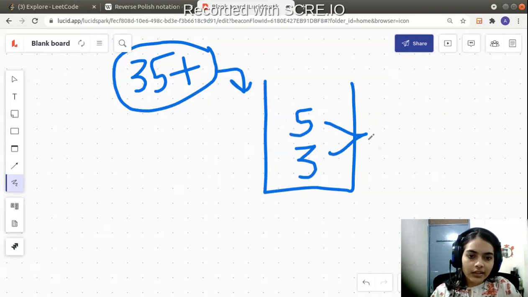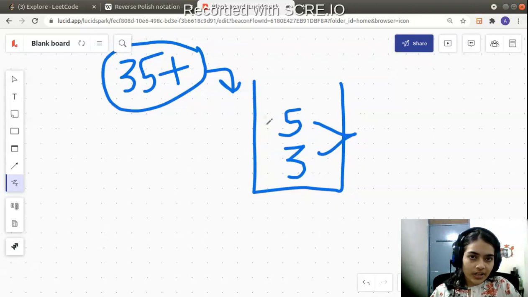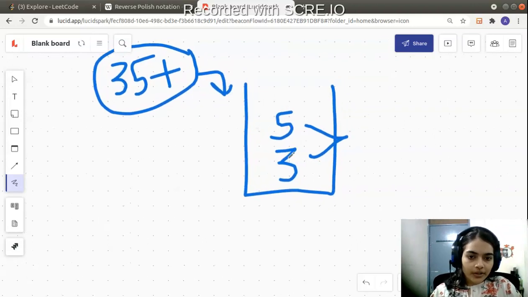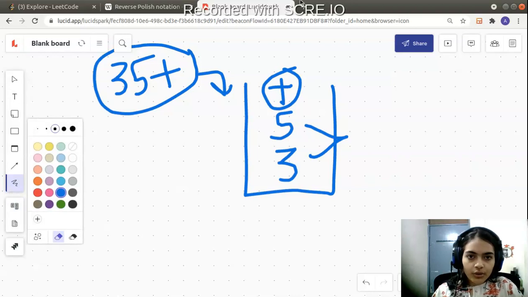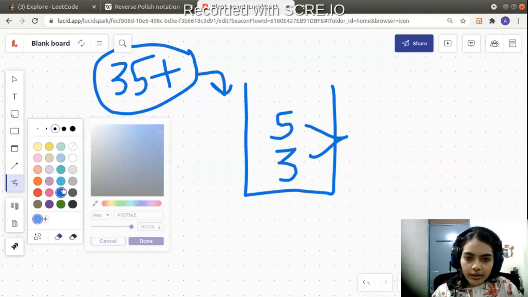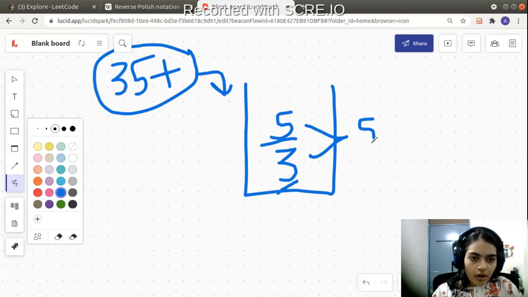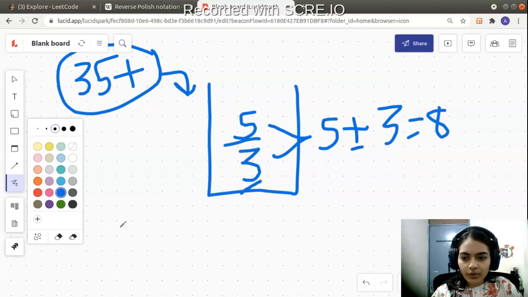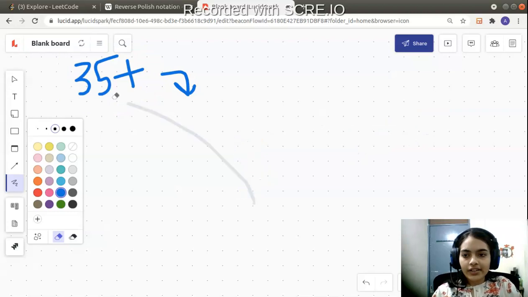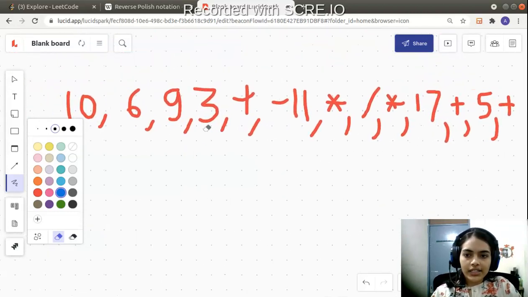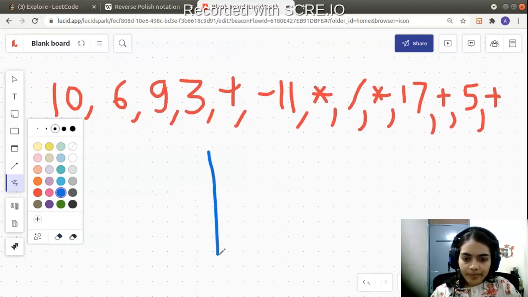You can use the stack data structure, because if you have the value 3, then you have the value 5, and let's say you encounter plus. What do you know? You know that now you have to evaluate this expression using the plus sign. On the below two numbers you have to apply the plus operator and evaluate the expression, which will give you 5 plus 3 equal to 8. Now once we know that we have to use the stack data structure, the problem becomes very simple. Now let's start evaluating this and we can solve the entire problem.